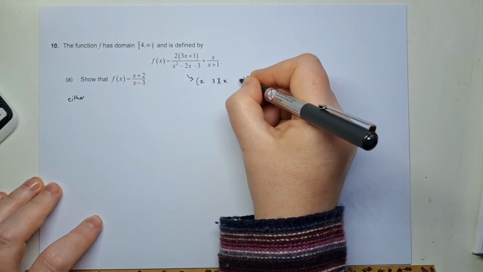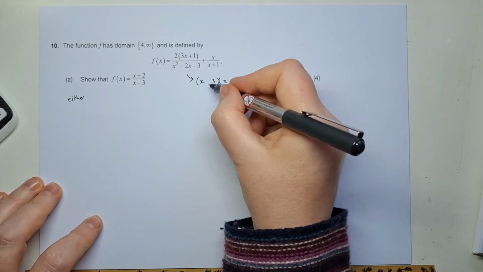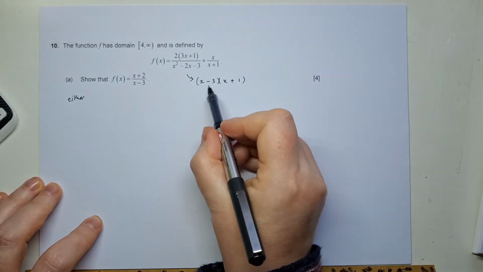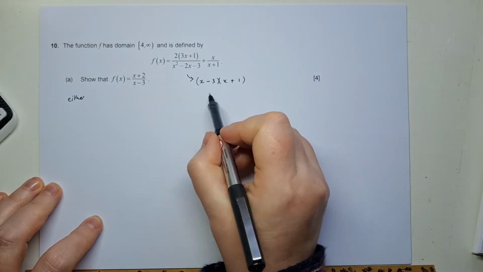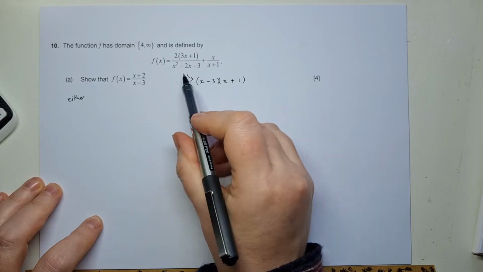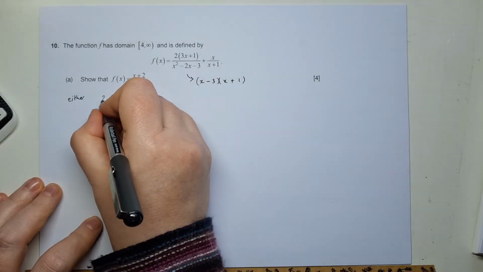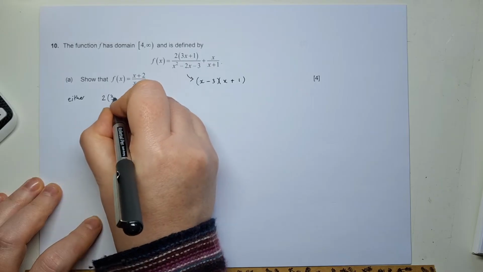Okay, so it factorizes with 3's and 1's, and to make the middle terms right you need a minus there and a plus there, and you just double check that that's correct. You've got an x squared, you've got a minus 3x plus x, and you've got a minus 3. Lovely. So if you rewrite your first term